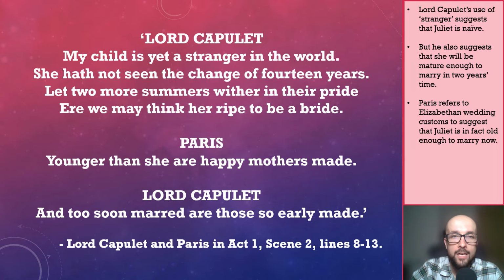this to actually happen. As such, by referring to wedding customs, Paris seems to suggest that Juliet is mature enough and old enough to marry because, with her father's permission, it is legal for her to do so, which is perhaps a fitting stance for a character so closely related to Verona's chief authority figure and lawmaker to have.